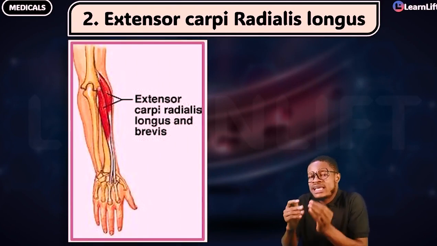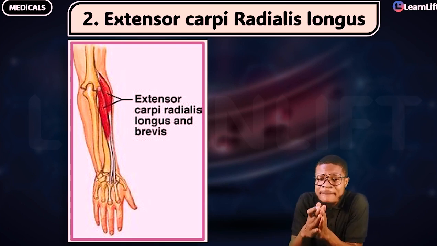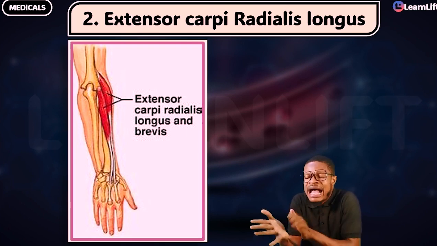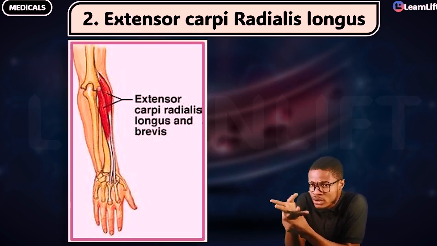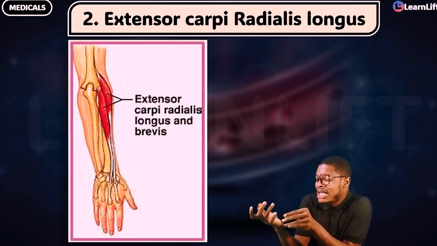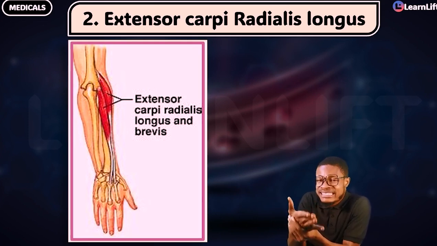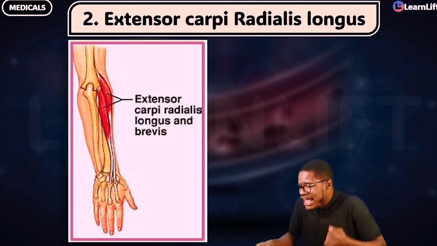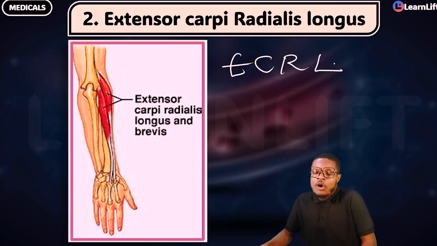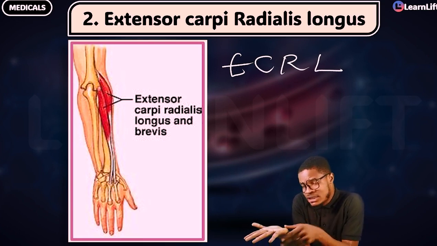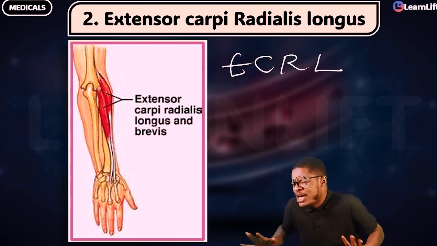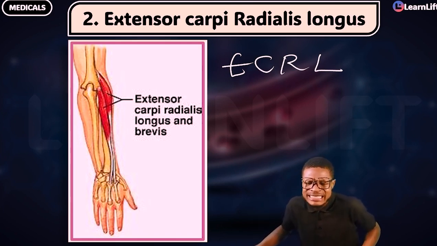If you are looking at your extensor carpi radialis longus, from the name extensor, right? That means it will have to do what? Extend. Carpi is talking about the carpal bone. Radialis, on the radial side, right? That's around the thumb area. Longus. Extend. Now come with me. Extensor carpi radialis longus. What is it going to do? Of course, it will have to extend the hand at the radial side. But please, I beg you, that's not the only thing that the extensor carpi radialis